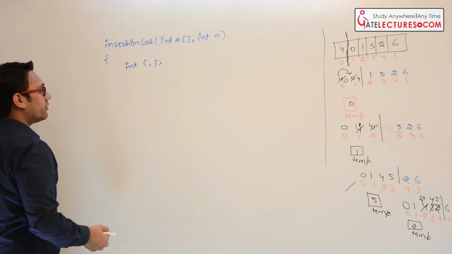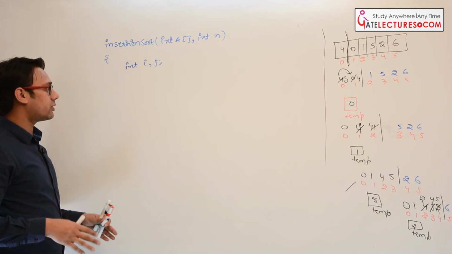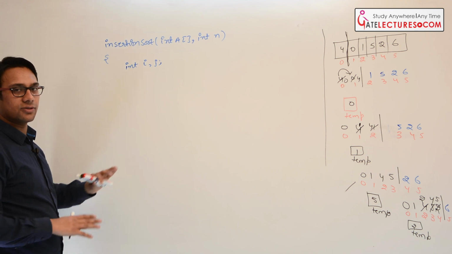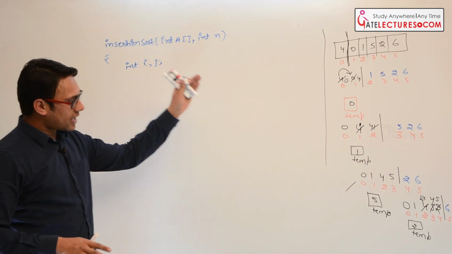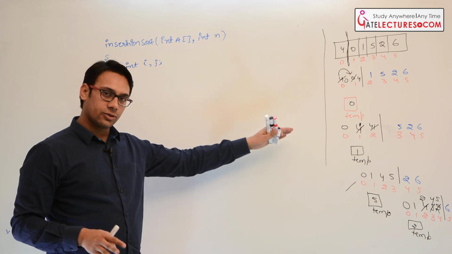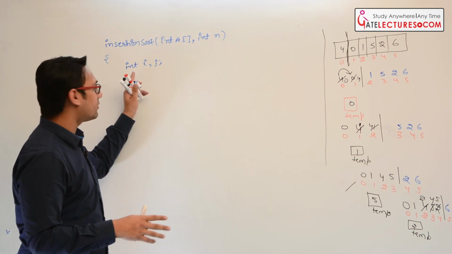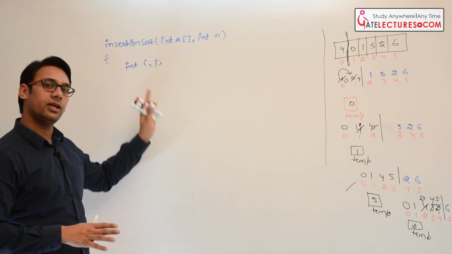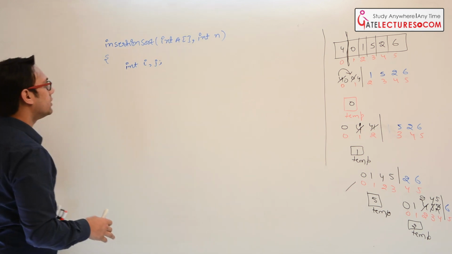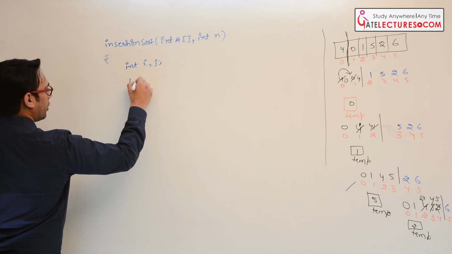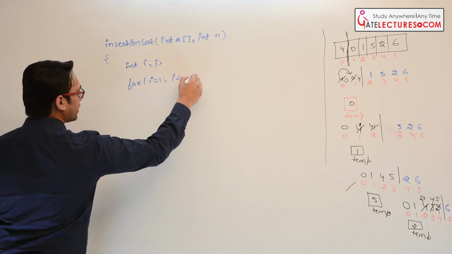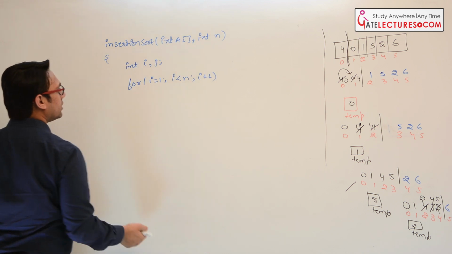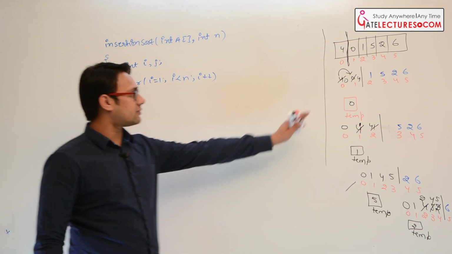Every time you have to plan a program, you cannot just remember it. It is not good to cram all these programs. Just see what is happening in this case, and according to that, plan the number of variables you have to take. So now take for i is equal to 1, i less than n, i plus plus. This for loop is for this window.